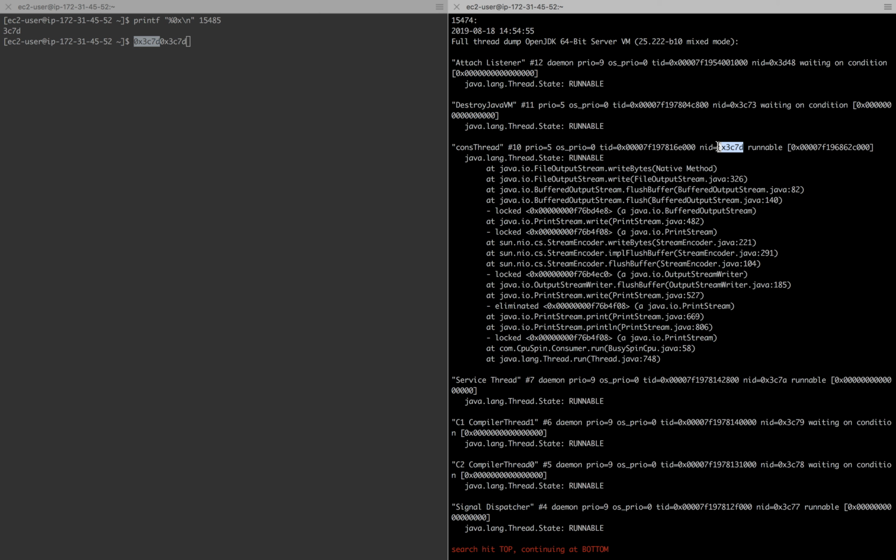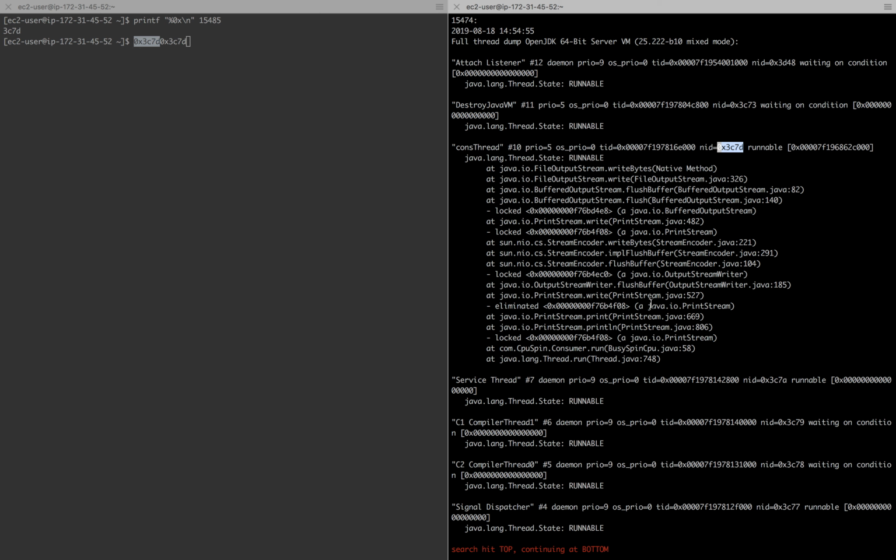So now you have done almost all the part, because you identified the process which was using more CPU, and then one level up you identified the thread which was using more CPU. You have captured the thread dump. Inside the thread dump you identified that particular thread which was using more CPU. Now